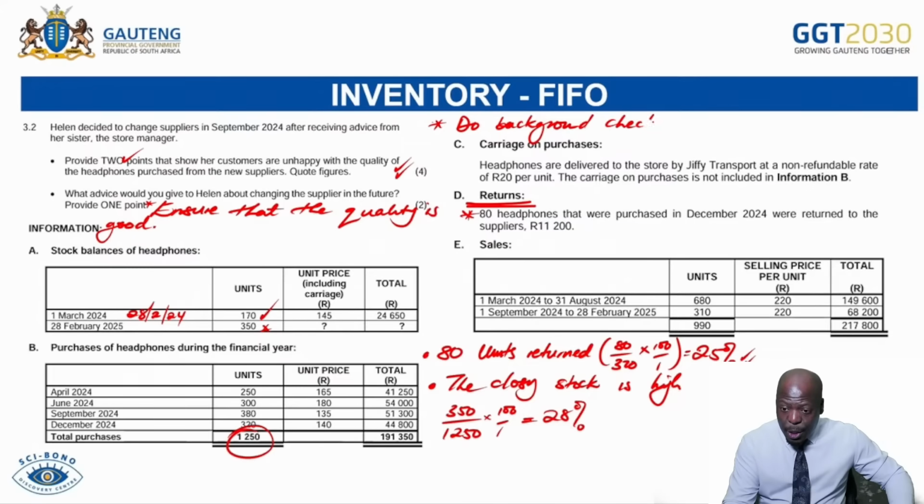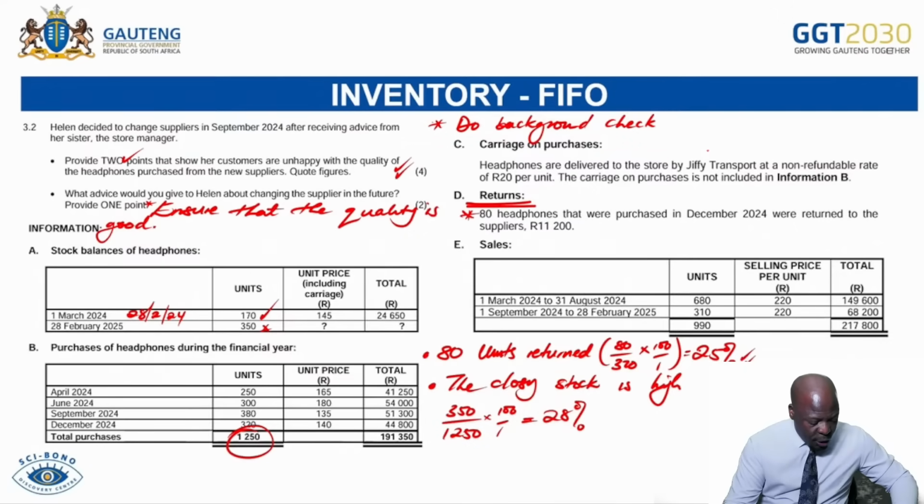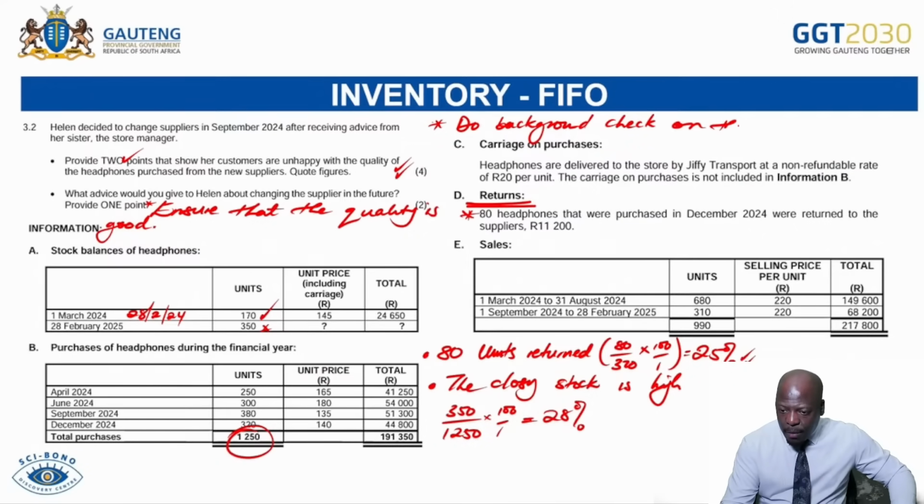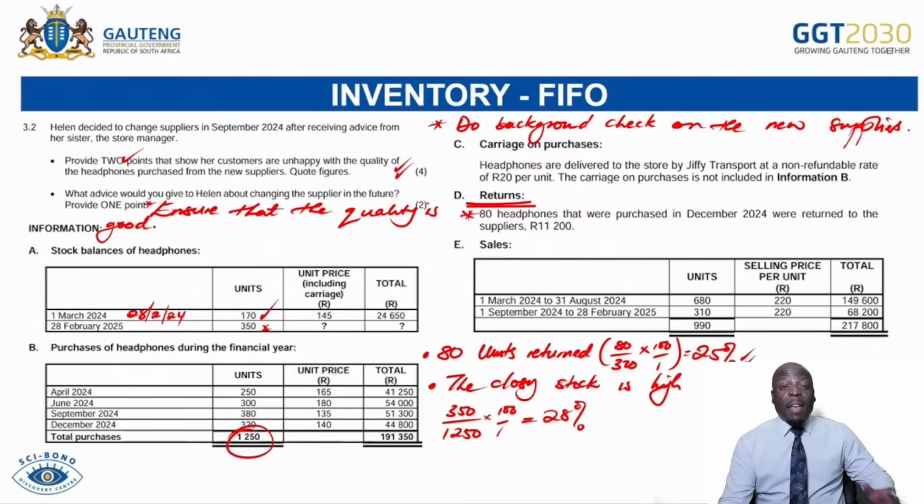So here we say do a background check on the new suppliers. Then you can be sure that they have the ability to provide good quality and maintain providing the number that you also need. Okay, so what we're going to do, we're going to move on to the next inventory